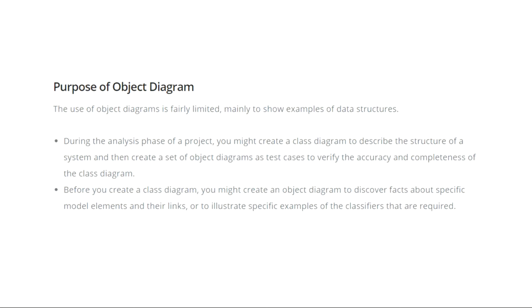Okay, so whatever I have said till now is written here. Your class diagram will be able to describe the structure of your system, but only if you want to check whether the created structures are stable or not, you will use object diagrams as small test cases. Or any specific relationships you want to show that cannot be shown by the class diagrams, like the invoice and bill example, that same thing will be shown by the object diagrams. Okay, now let's see the examples.